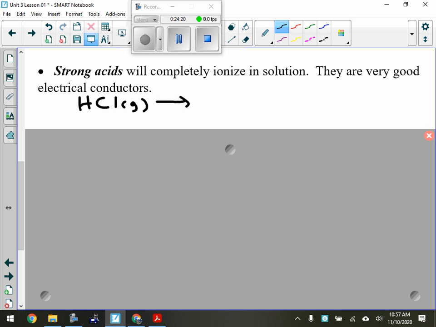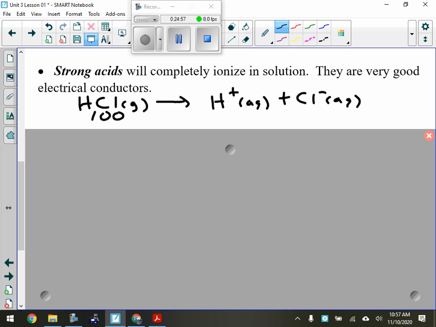Okay, when I take HCl gas and I put it into water, I get H plus in water and Cl minus in water. Okay, and now I'm going to give you some numbers here, basically, and I'm going to show you this. Now, these are general statements, so you cannot quote me on this, but this is kind of what we say. If I took, and I'm just going to take this number because it's nice and easy and it's percentages, okay? If I took 100 of these molecules here,